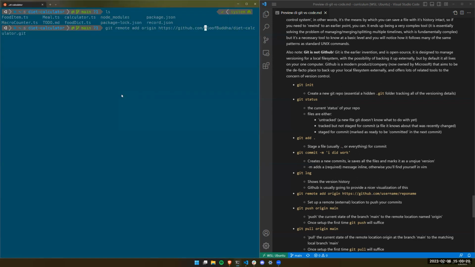This is saying, okay, in Git, we're going to have a subcommand called remote. Remote means it's some server that's not local to you. So in this case, the GitHub server. I want to add a new remote location. I'm going to call it origin because, for whatever reason, that's the standard. Just like calling your main branch main is the standard, calling your main external remote repository origin is standard. So we're going to call it origin. And here's what it points to, which is a URL where this is going to live.